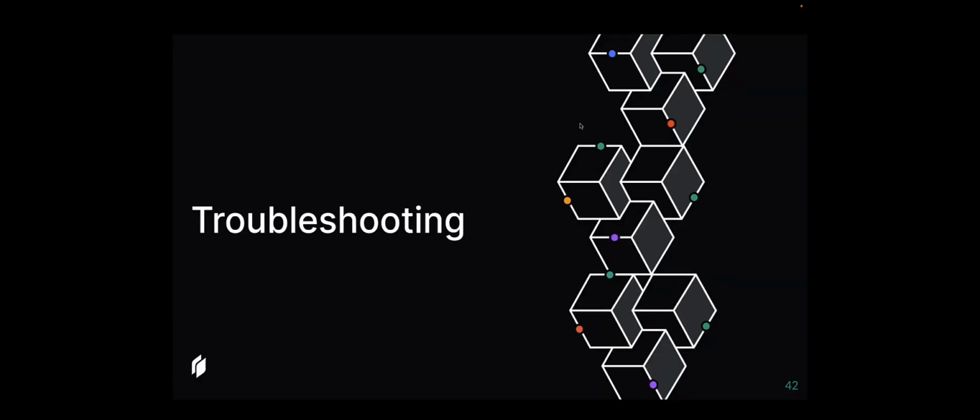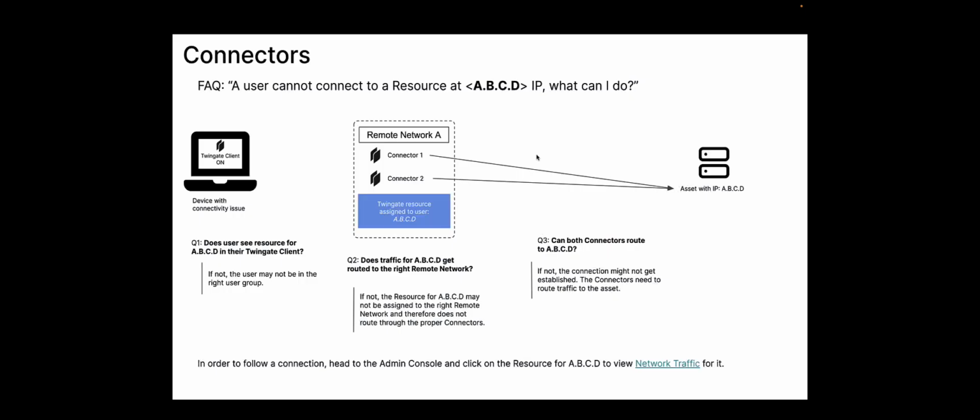Let's talk about troubleshooting in Twingate and where you should start, and what are ways in the admin console and in the client to troubleshoot connectivity issues. So before trying to troubleshoot anything on the connector side,